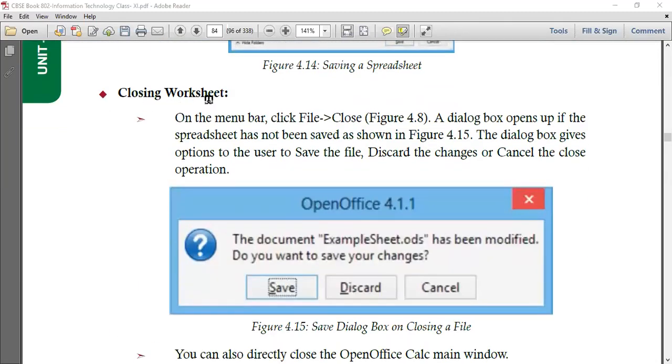Okay, closing a worksheet. Go to file, go to the close button. At the moment you click on close, if you have not saved anything in the sheet, it will ask you to save. The document has been modified. Do you want to save the changes? आप यस करोगे, सेव करोगे, तो वो सेव करने के बाद क्लोज हो जाएगा. अगर आप डिस्कार्ड कर दोगे तो जो आपने चेंजेस की हैं वो सेव नहीं होंगी, and straight away it will be closed. Or if you don't want to do it, you could just click on cancel. So this dialog box will be closed,